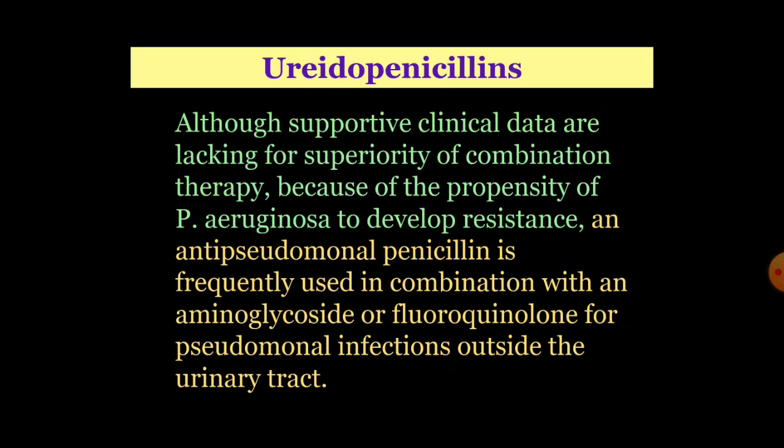So I am ending this slide with the last one, that supportive clinical data are lacking for superiority of combination therapy because of the propensity of Pseudomonas aeruginosa to develop resistance, and anti-pseudomonal penicillin is frequently used in combination with either an aminoglycoside or a fluoroquinolone for Pseudomonas infections outside the urinary tract. So always remember that though it is covering a huge spectrum, the clinical decision is not always depending on what is written